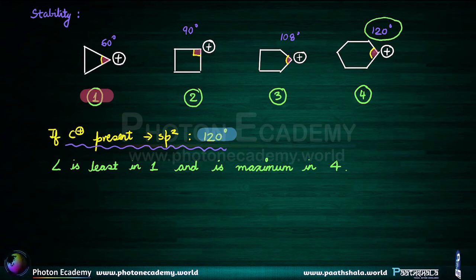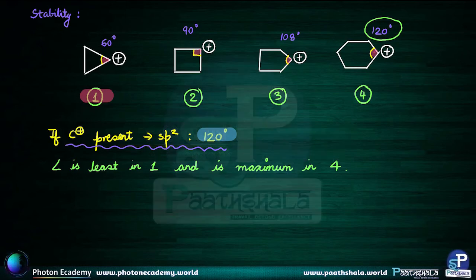And sp2 is the most stable when paired with 120 degrees, because of ring strain. Now there is something called ring strain, which is less